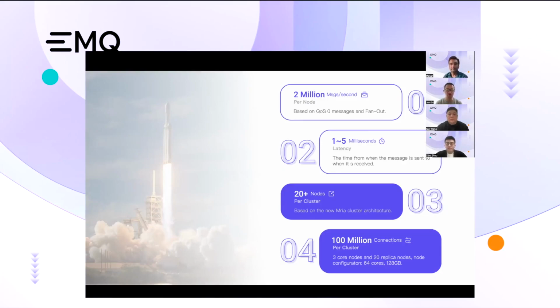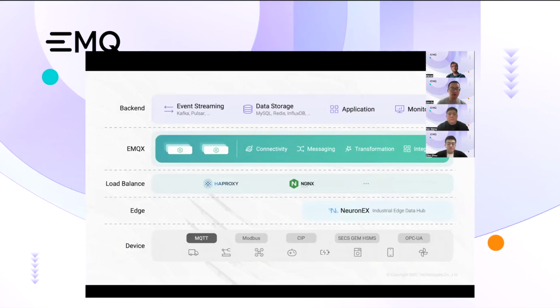We can support over 20 nodes in each single cluster. Here is our typical architecture stack for our industrial customers. Fan will give you some more detailed sharing about how we connect different devices with different protocols. But you can see the different layers. EMQX is usually behind the Nginx load balancer and before the backend data stores. EMQX is responsible for providing connectivity, messaging, and transformation